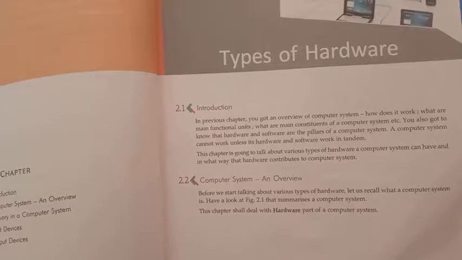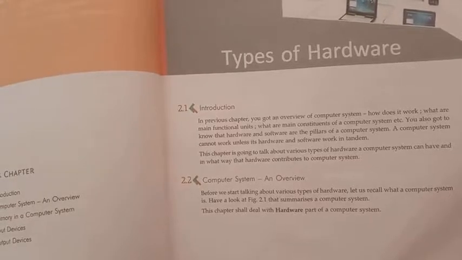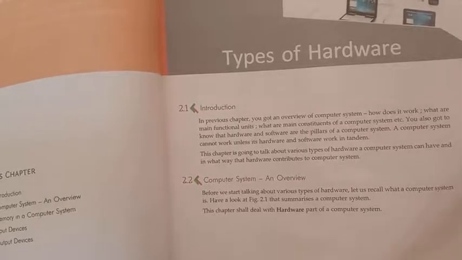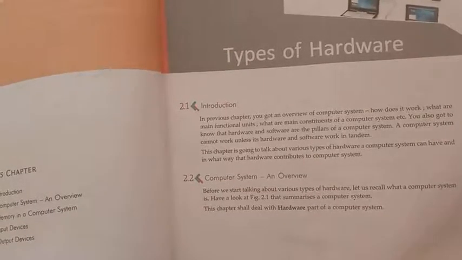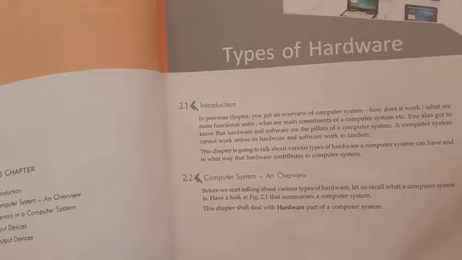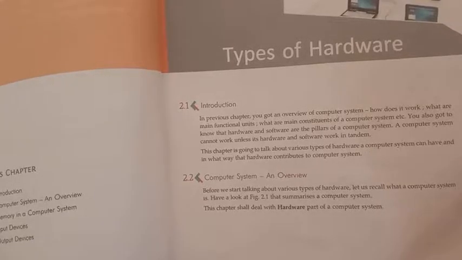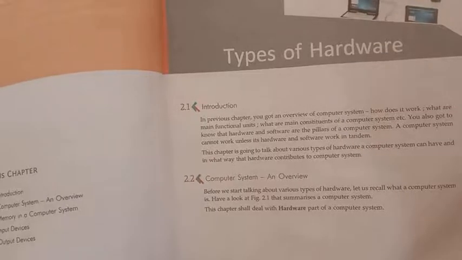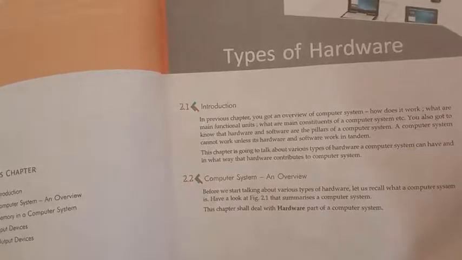What's the difference? You need to identify the difference between hardware and software. In a computer system, the set of instructions, meaning the set of commands we give to the computer in order to perform some operations, is called software. On the other hand, any device or anything we can see and touch on the computer is called hardware. For example, input unit, output unit and different kinds of memory. In this chapter we are going to study these different types of hardware in detail.